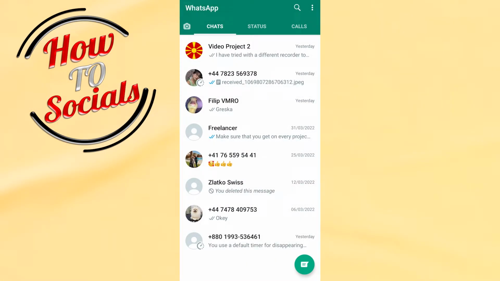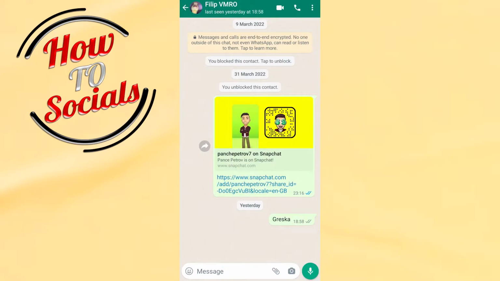Firstly, you need to go on your chat section and then select the chat of a person that you want to send animated stickers to. For example, we'll go with this one, and now what I need to do is simply go on my left